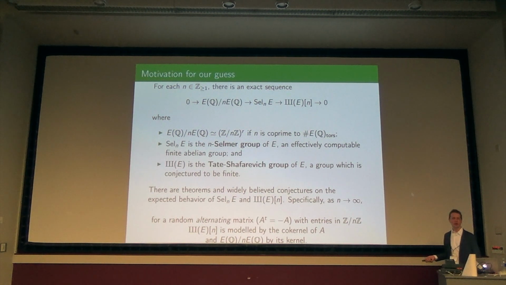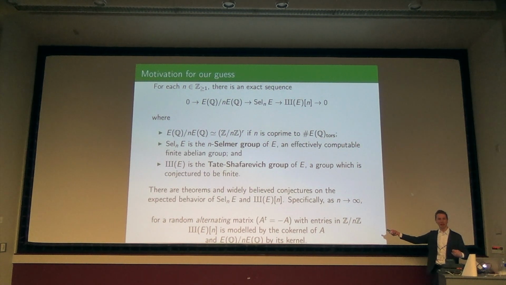You guys know what kernels are. What's a cokernel? It's the codomain mod the image. In rank-nullity, if n was a prime and these were all vector spaces, then if you took the image of this linear map A, it may not be surjective. The cokernel is how much you need to add to the image to get the whole codomain. If a map is surjective, its cokernel is 0, and otherwise, if there's something you didn't quite see, that's measured by the cokernel.